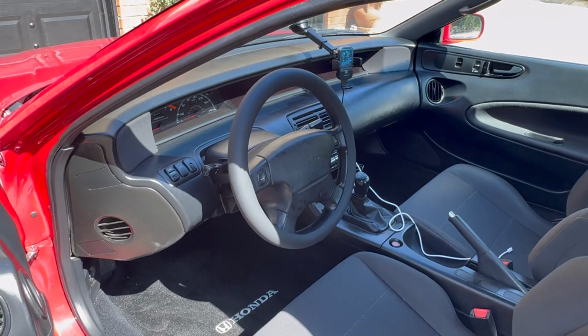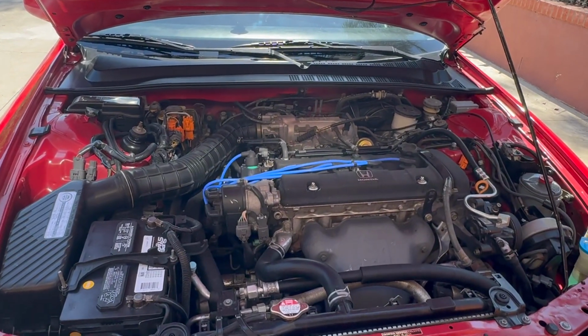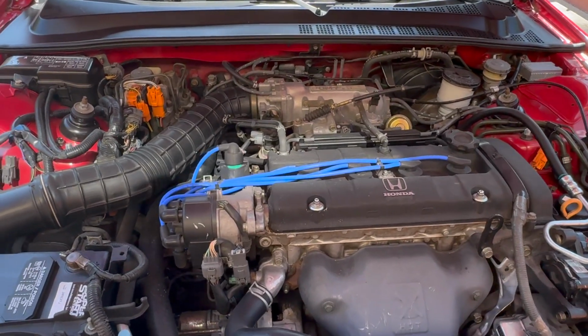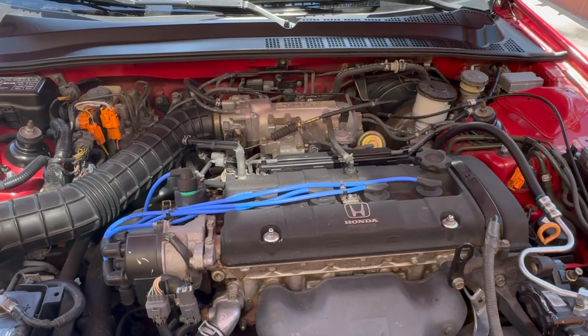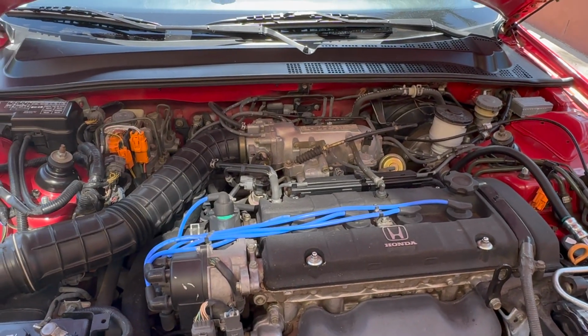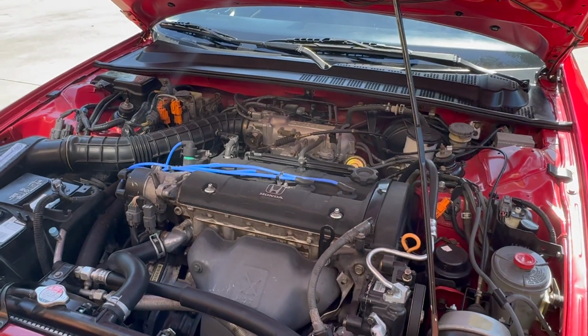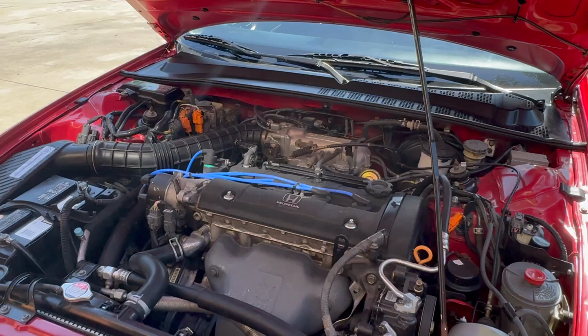Let's take a look at the engine. Here under the hood is the 2.3 liter non-VTEC H23 engine, and the VTEC was available for $93. However, the original buyer did not choose it, which is fine by me. This car has plenty of power for my needs. It's actually overall pretty clean,